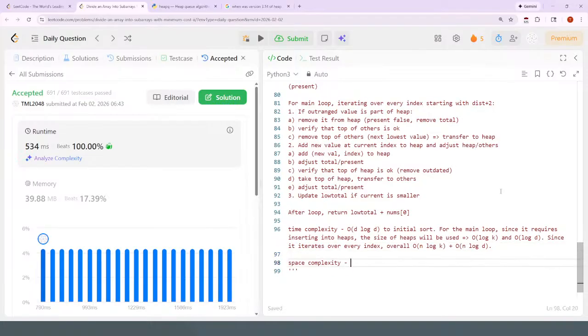Yep, space complexity should be O of d. Yeah, O of d since others heap can have distance values. Technically it's like O of d minus k, but they're all the same. Alright,